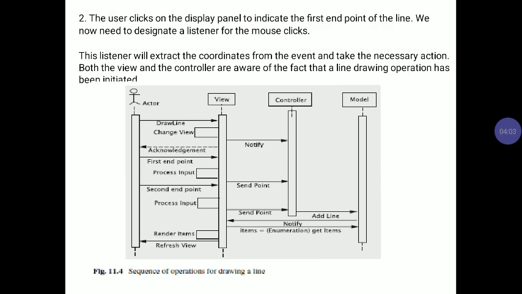Then the controller sends the two endpoints to the model, which adds the line in the model. After the model is updated with the line, it notifies the view. Then the view notifies the actor. This is the sequence of operations for drawing a line.